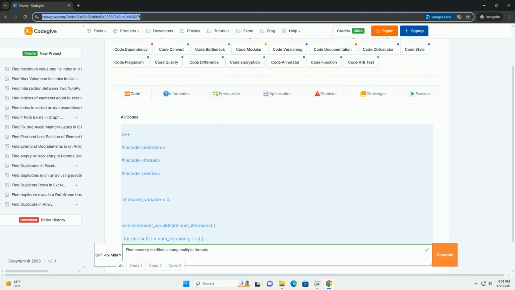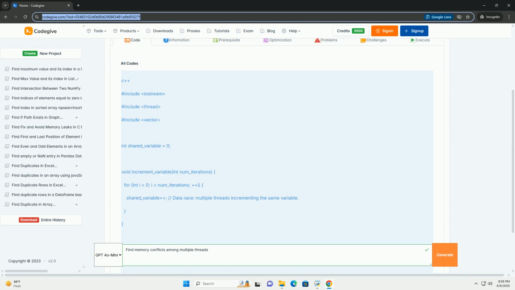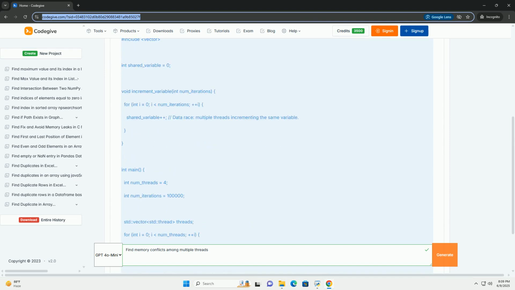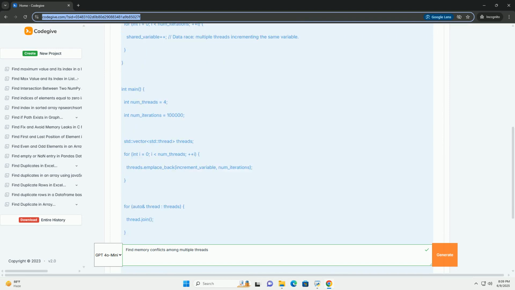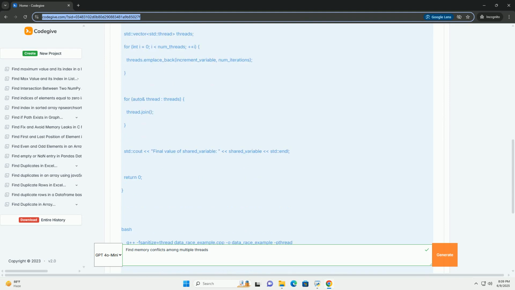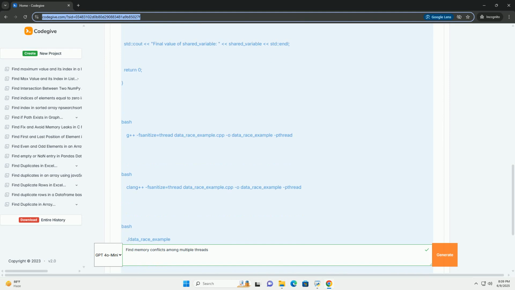Finding memory conflicts among multiple threads, a detailed tutorial. Memory conflicts in multi-threaded programming are a common source of bugs and can be notoriously difficult to debug. These conflicts arise when multiple threads access and modify the same memory location concurrently, leading to data races, race conditions,